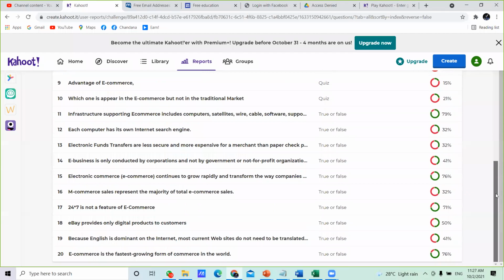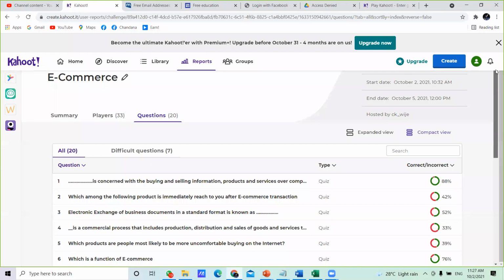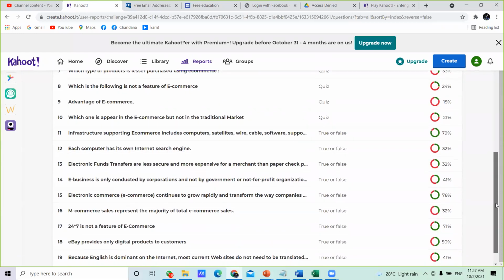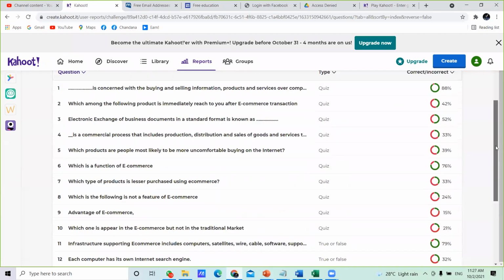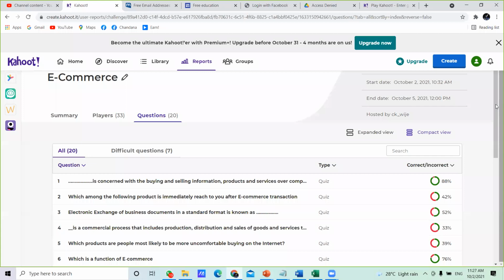Right. Okay. That's about our activity. The number of participants is 33. That means a very low number of participants did this activity. Okay, then we'll move to the lesson. We should go on to do another activity before ending the class today. Before that, I want to introduce some other things about